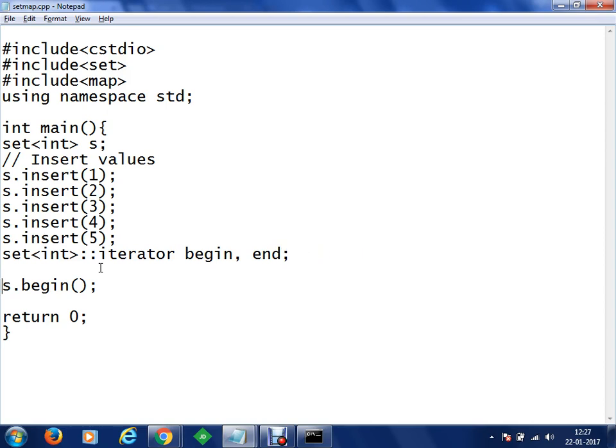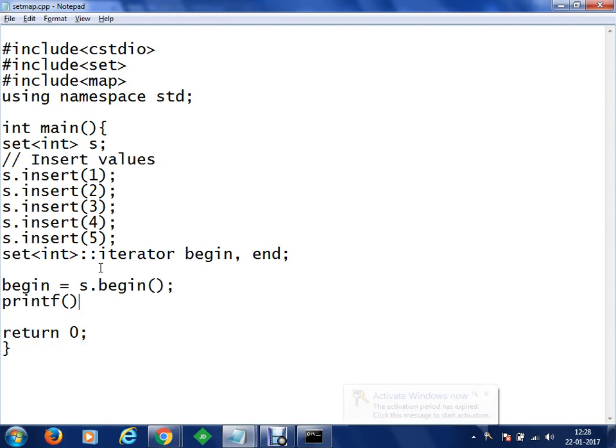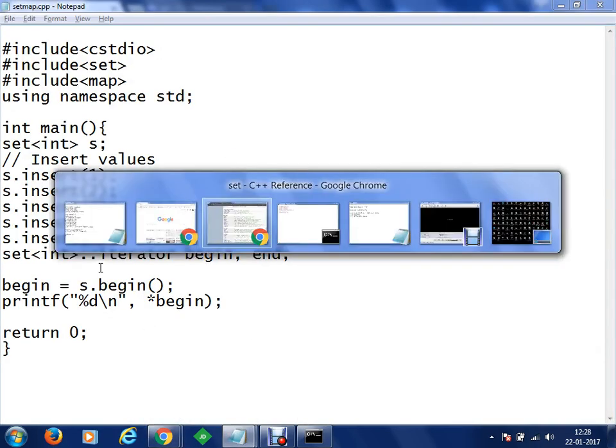Now, let's say we have taken a begin and we are going to store that in begin. If we want to print that, what value will be returned when we identify this begin? We can print that out using something like printf. Let's say it's going to be an integer value, since we have made a set with integers, /n, and we can do something like a pointer to this, the begin. Then you will get the value which has been stored. Otherwise the iterator will give you something like the address of the place. Now you can save it, compile it, and print that out.